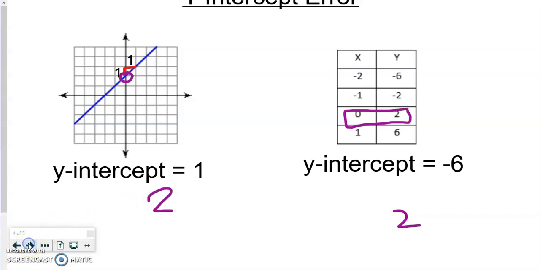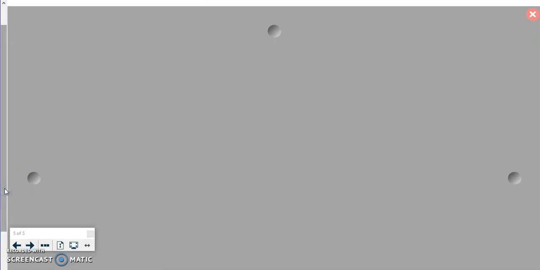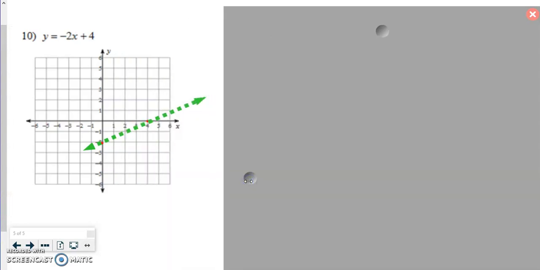So then our last one that I had for you was your equation error. And what I noticed was that a lot of you were just really struggling with putting the information that you were given in either a graph, a table, or even a word problem. You were really struggling with how do I put that into an equation. So here is the first example that I have for you, okay? And then the vice versa too of graphing it, which is funny to think about, because a lot of math teachers, even me, even when I'm teaching 6th graders, like I graph just looking at the two values given to me on a